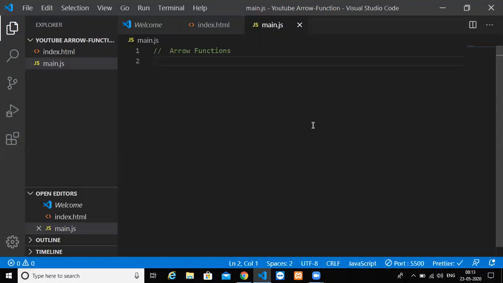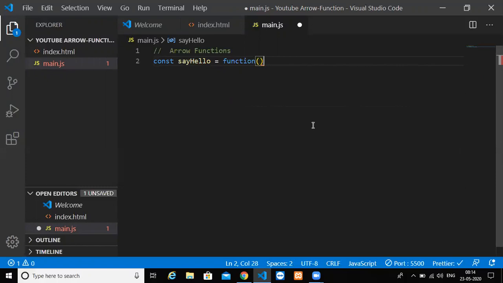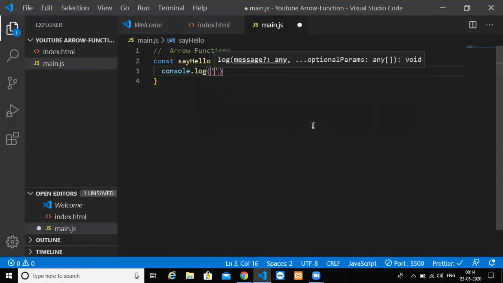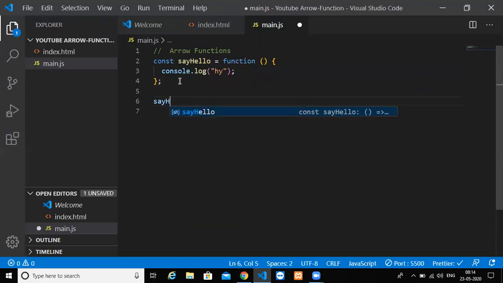So let me declare a function, or a function expression, I can say. This is how you declare a function expression, and then you call that particular function.